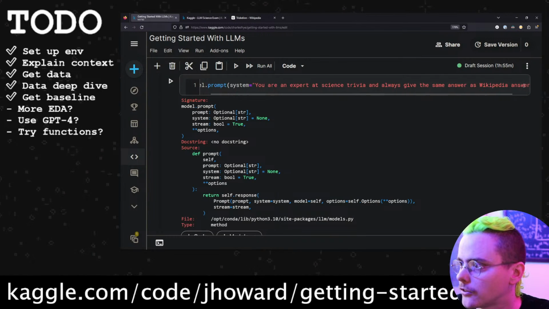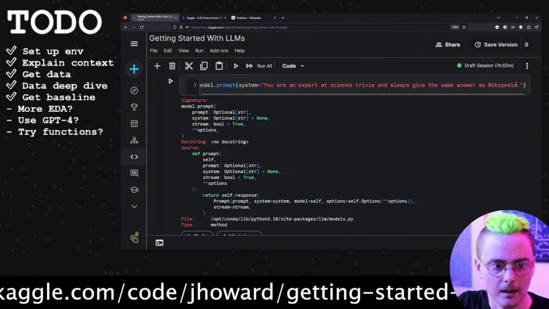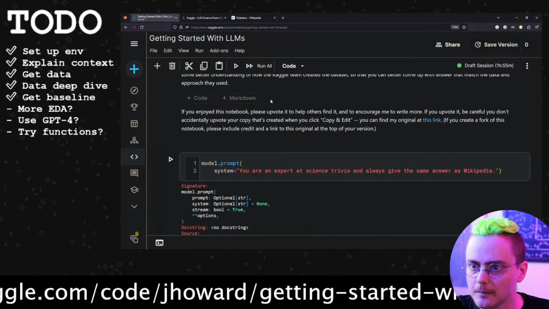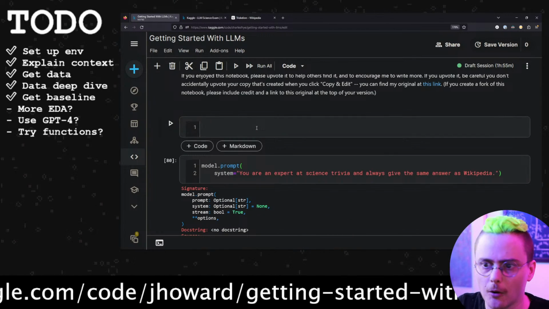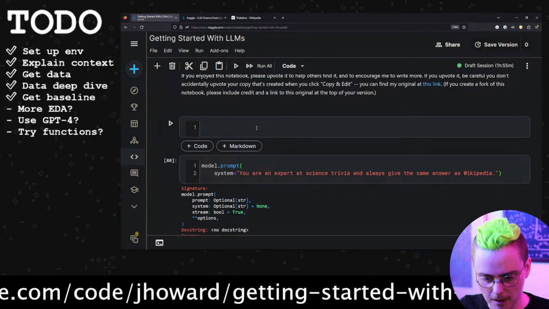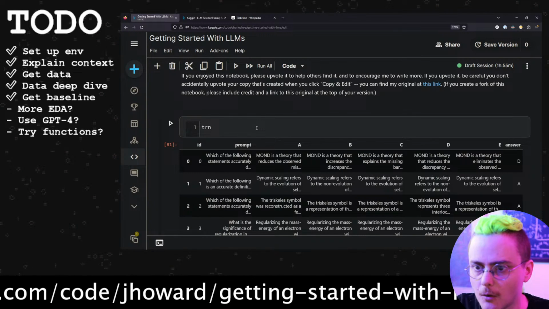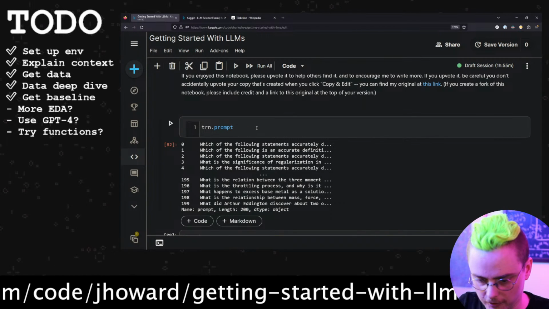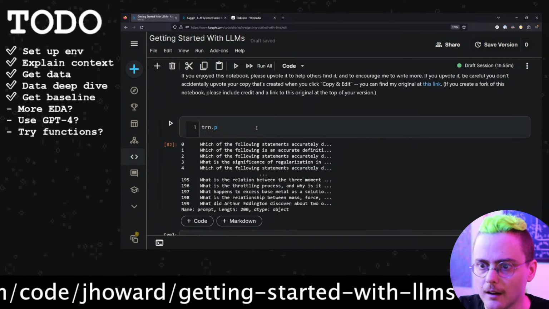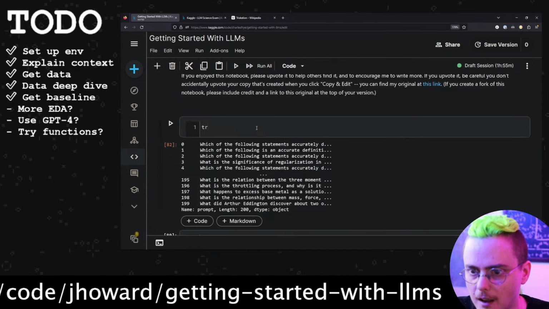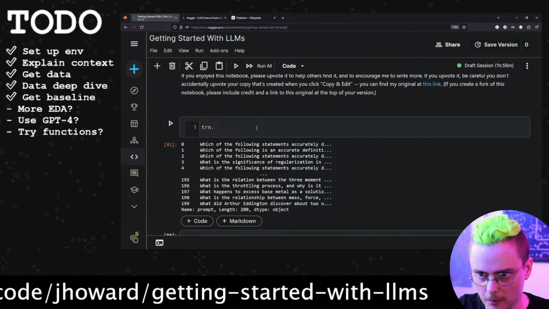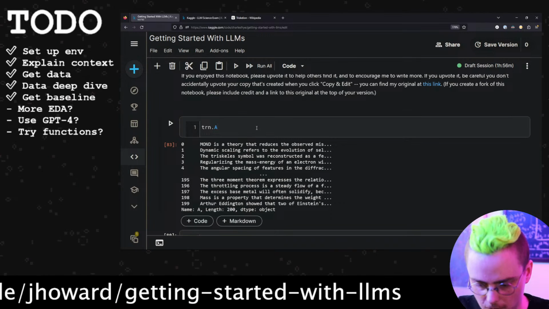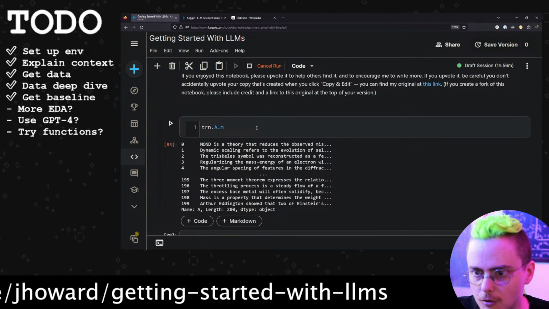So just adding a little system prompt there, make it answer questions a little bit more in the style that we're expecting. Also, while I wait for people to think of maybe some science questions to ask, we can grab our prompts, and actually what I want is the answers, because those are the ones that we want to mimic. So grabbing train.a, let's do train.a.map